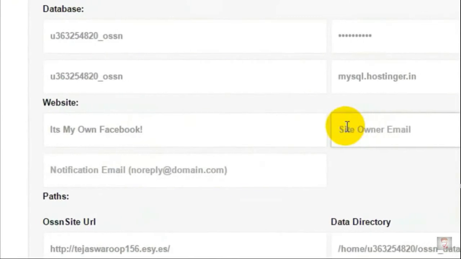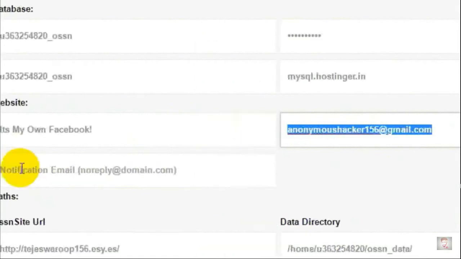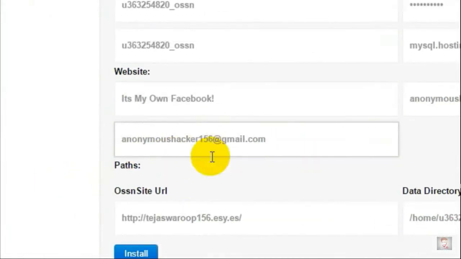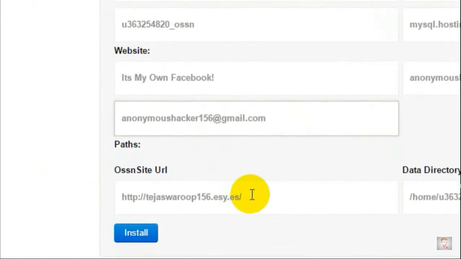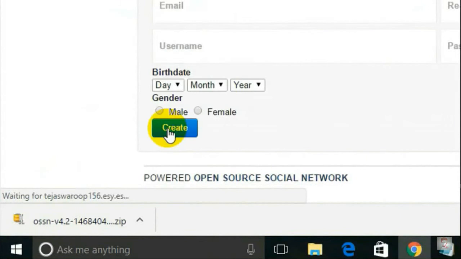and here you got to mention your email address. Let me say my email address, and you can give the same email address in the below text box, and yep, that's it. Just click on the install button finally,